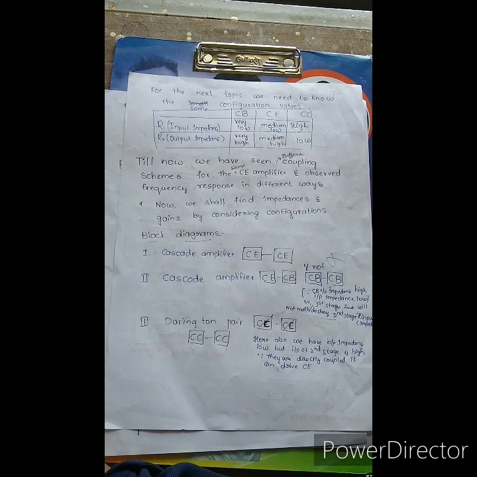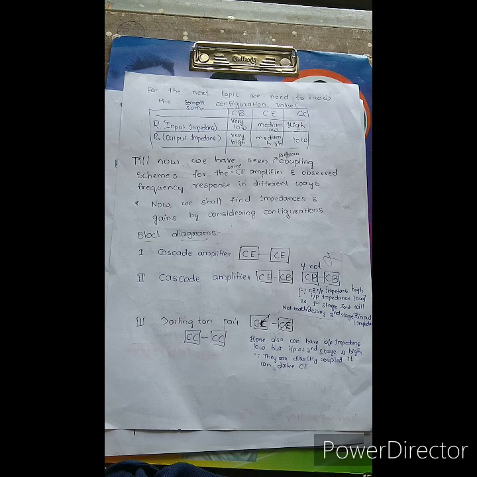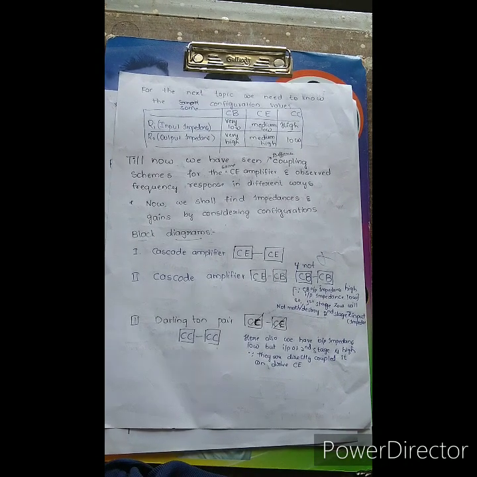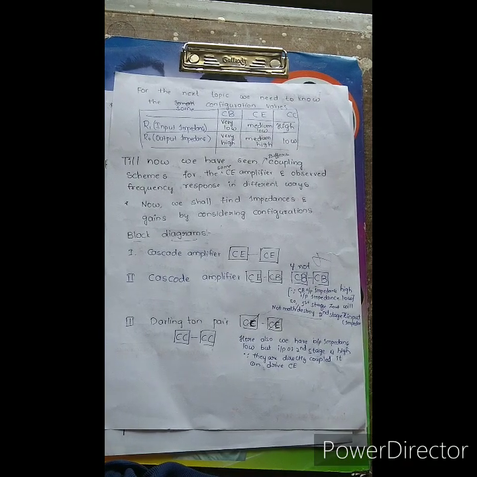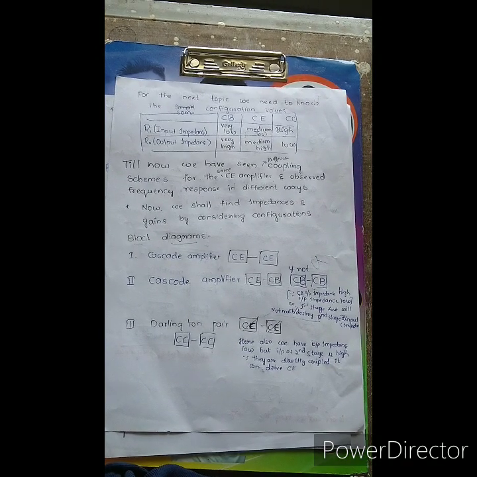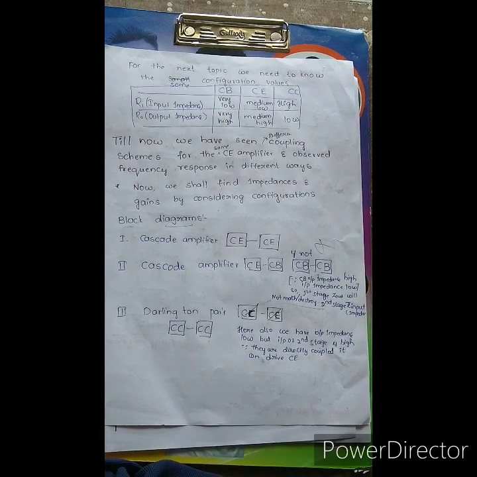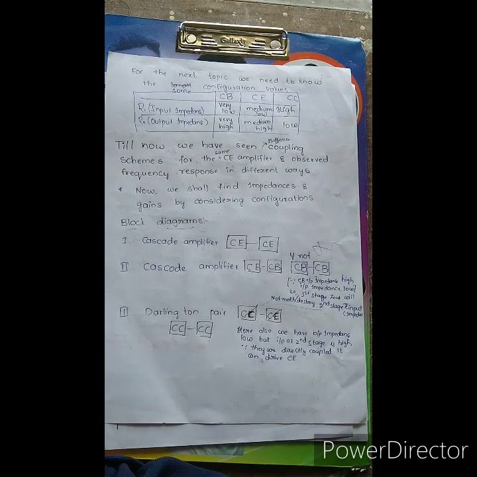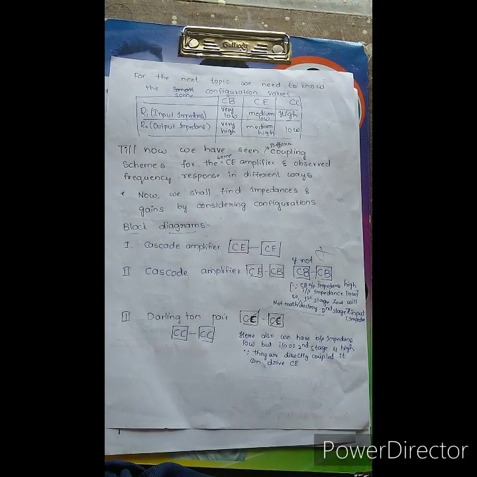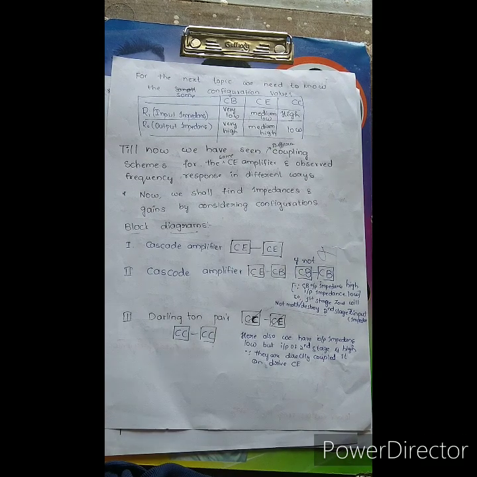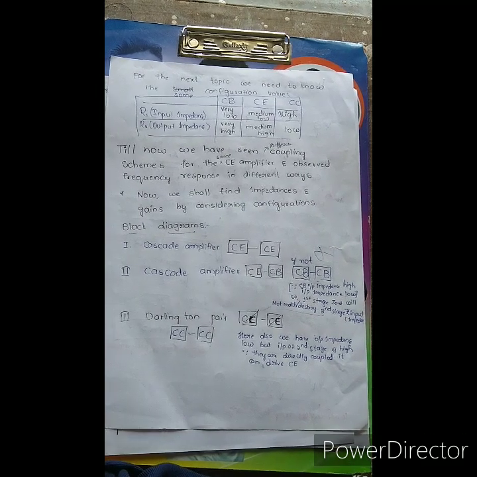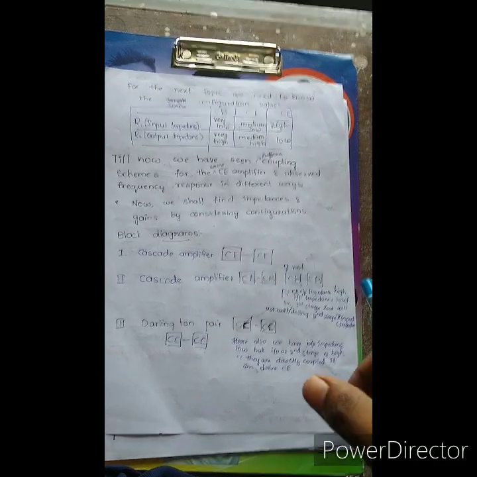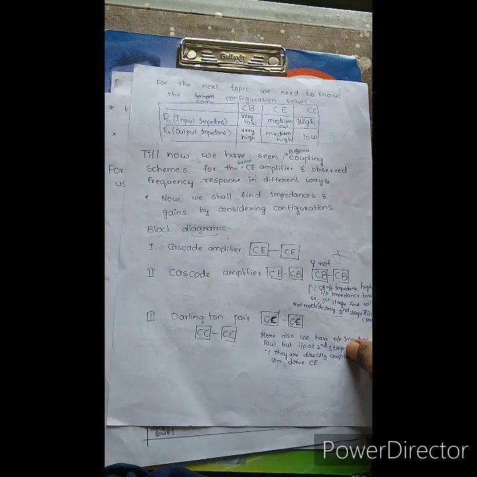The combinations are the cascade amplifier, connecting CE amplifier back to back, and the cascade amplifier CE-CB back to back, because CB-CB has high gain bandwidth and will not operate approximately well. So we go for the CE-CB combination for exact and accurate values. Darlington pair contains a CC-CC pair. Here also we have impedance mismatching, but CC can drive another second stage CC amplifier. For that we need to know some basic analysis formulas.